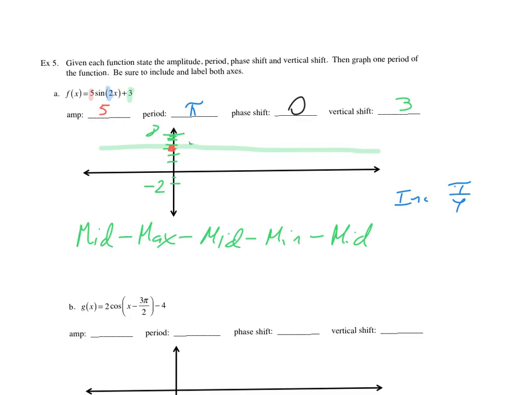Then we go to the maximum at pi over 4. 2 pi over 4 is back to a midline. 3 pi over 4 is unfortunately going to be right where we're marking this. That looks like a 5 now, better make that look like a 3. And then 4 pi over 4 is going to be back to the